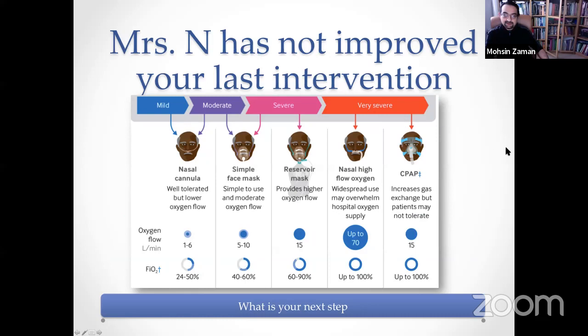So, as you saw, a lot of you chose that the face mask is the next in line, and so that's what should be offered. Some wanted the reservoir mask, which is reasonable enough as the next step. I would not give nasal high flow because of 2 things. One, it consumes large amounts of oxygen. So if you've got a large number of patients in hospital